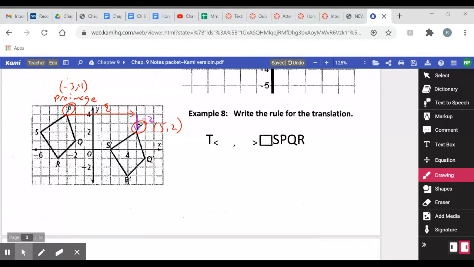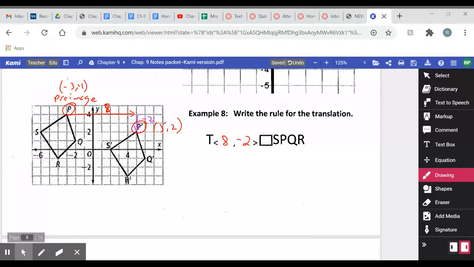Okay. And it's supposed to be an 8. It doesn't look like an 8. Okay, so that's what goes in here. +8, -2. And again, they're having me write the rule. That's the translation rule, 8, -2,